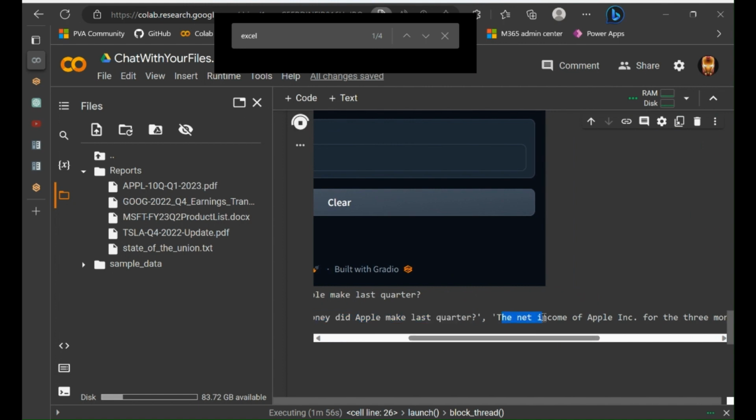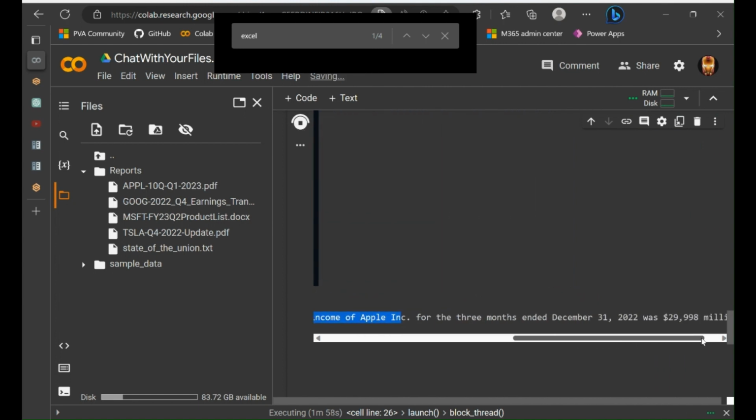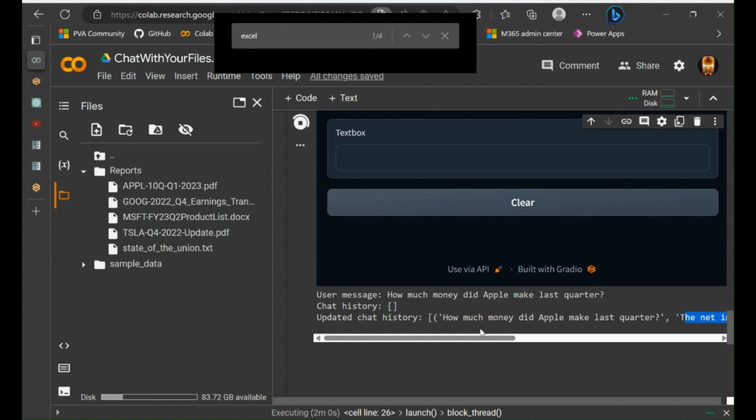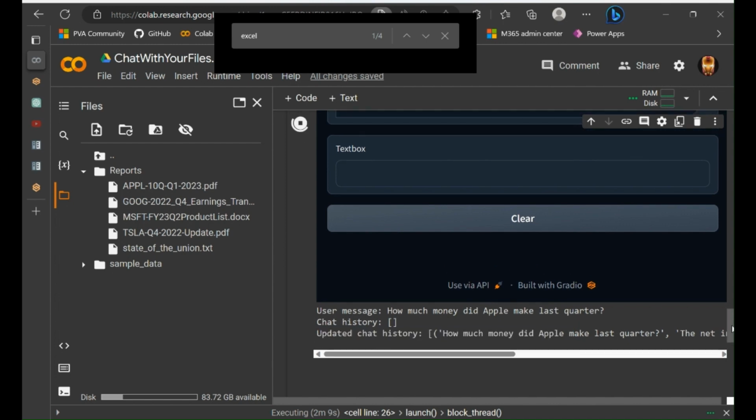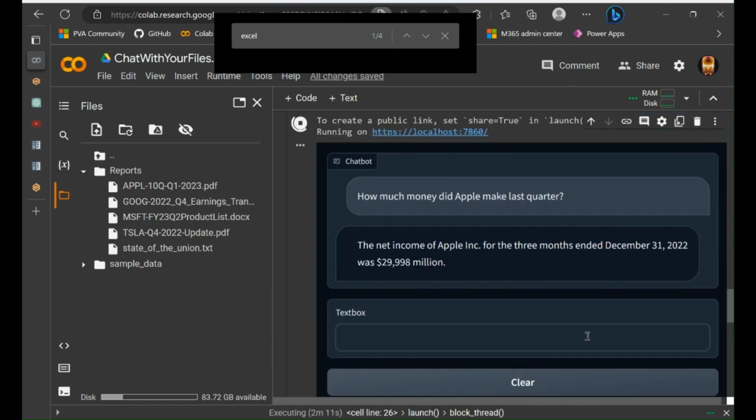and the model's response to that question. Now if we ask a second question, you can see these will be all kept in these conversation variables. Let's ask another question. How did Tesla